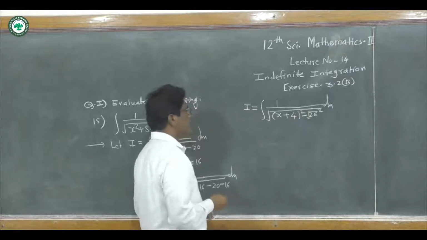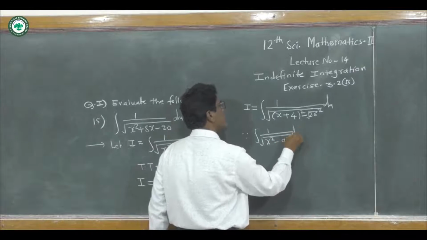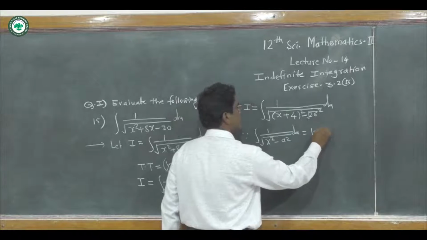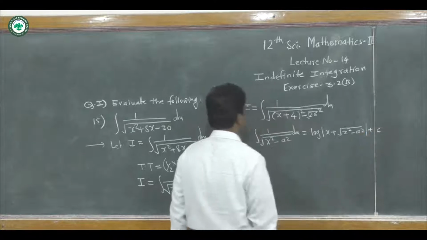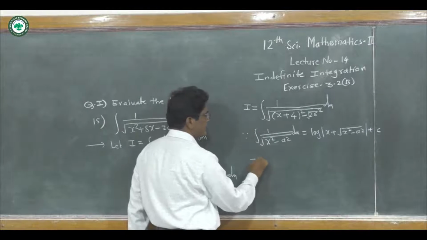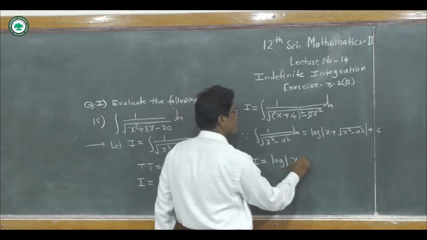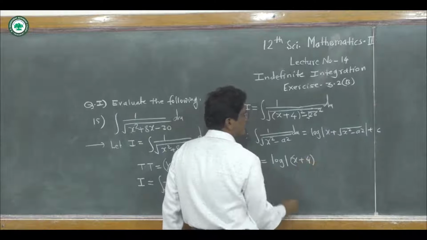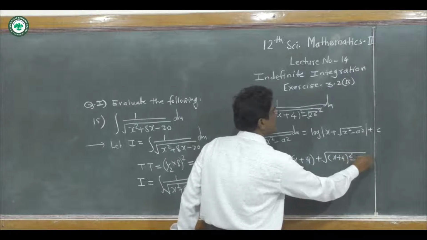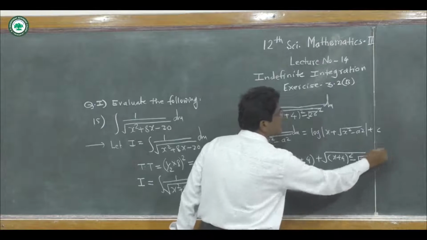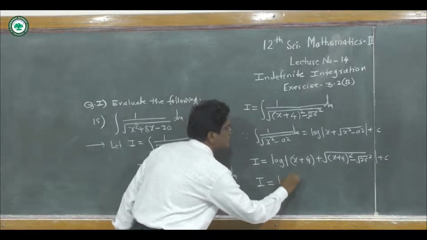And now here we use the standard formula: integration of 1 upon under root of x square minus a square dx is equal to log of x plus root of x square minus a square, plus constant of integration. Now using this formula, the required integral I is equal to log of x plus 4 plus root of x plus 4 bracket square minus root of 26 square, and then plus constant of integration. So the final solution of this problem is I is equal to log of x plus 4